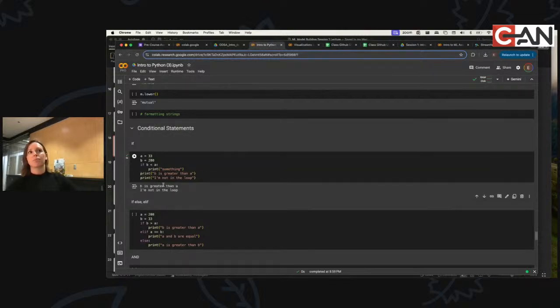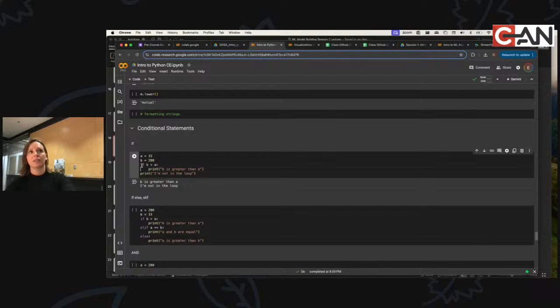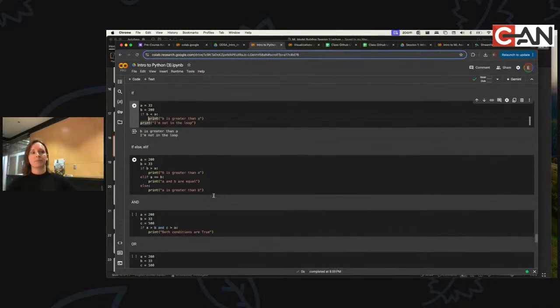It's going to print both, even though we didn't go inside this loop, because it's all indent based. Other languages use curly braces. I actually personally prefer that. I think it's more organized. It's a little easier to understand when you get to larger segments of code, but this is Python's way. So your indents are important. So everything indented inside of this conditional will happen. Everything not indented outside of this conditional will not happen.